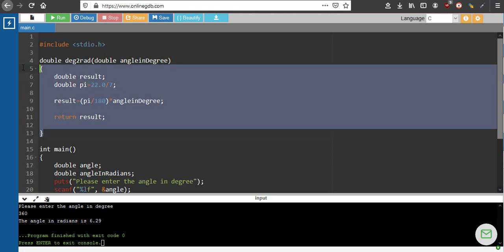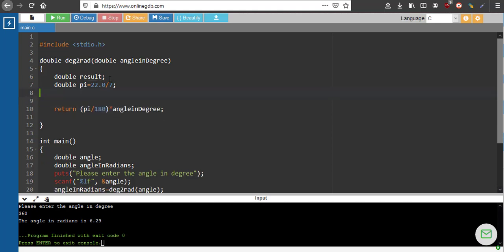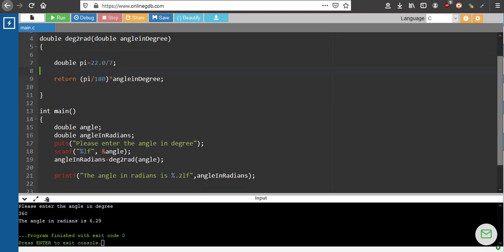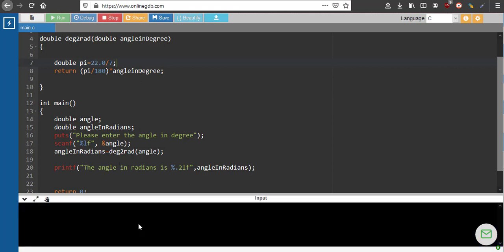One thing that you have to remember is that I can actually avoid this variable result. What I have to do is put this entire expression here. Then also it will work fine. So let's check that. 180, 3.14. It is working fine, right?